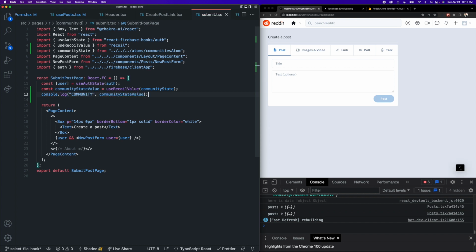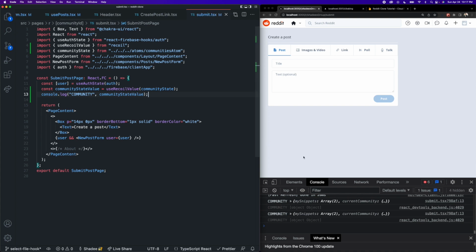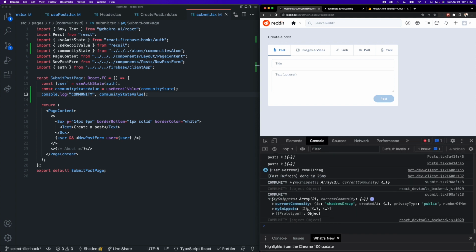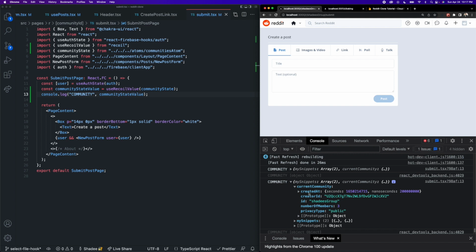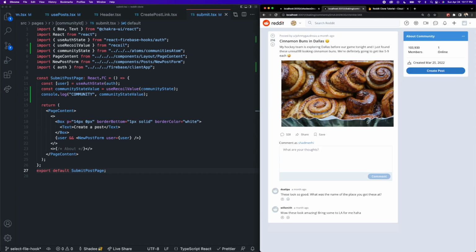No autocomplete, very nice. Okay, so this is the log here. It's from our submit page. If I just open this out, let me expand the console here. If I open this up, we can see that the current community has been populated with Shadi's group and all of that data. And so now we actually have access to the data required by the about community component. So we can just reuse this component across all of these pages and just pass it this data as a prop. All right, so now that we have solved the data problem surrounding this component, let's actually go build out